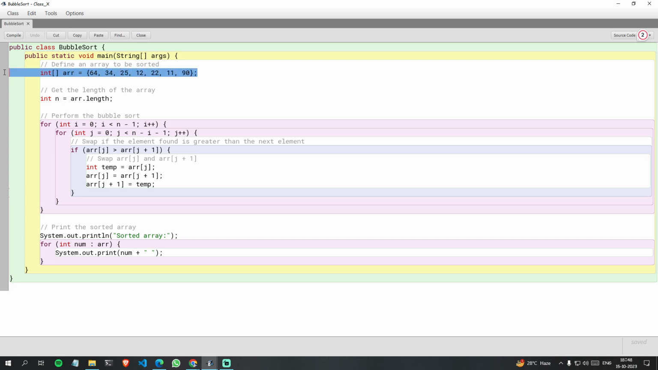we have an array, and I am getting the length of the array by using arr.length. Okay, now what we are doing, we are just iterating. We have an outer loop, and the outer loop always runs n minus 1 times, the length of the array minus 1 times. So in this case also the outer loop will run n minus 1 times,